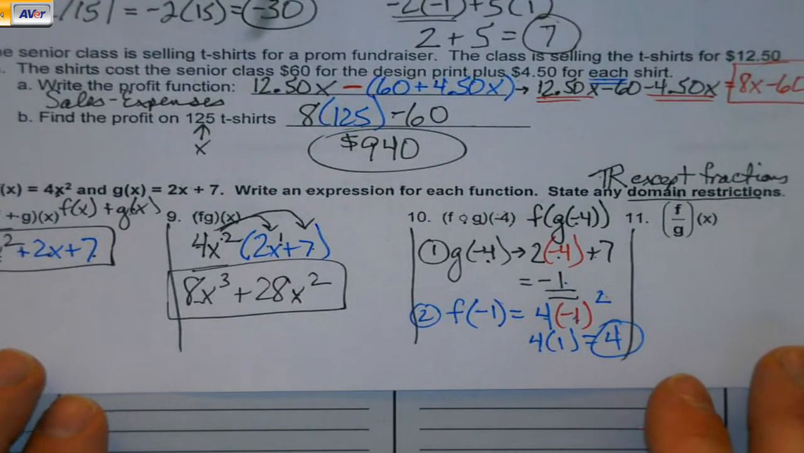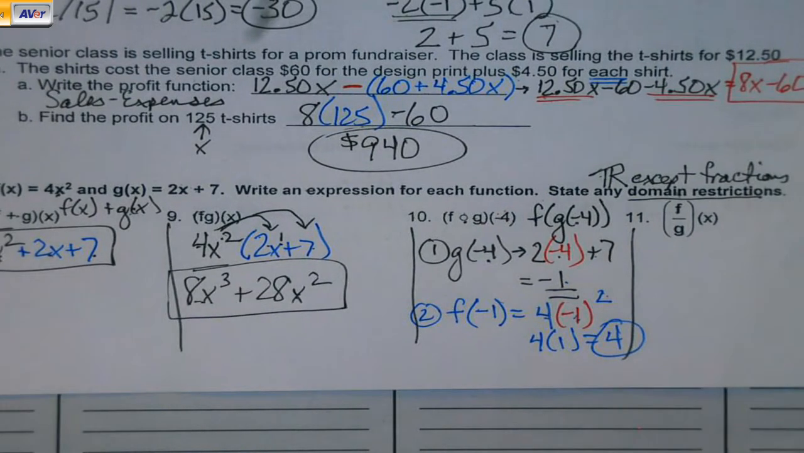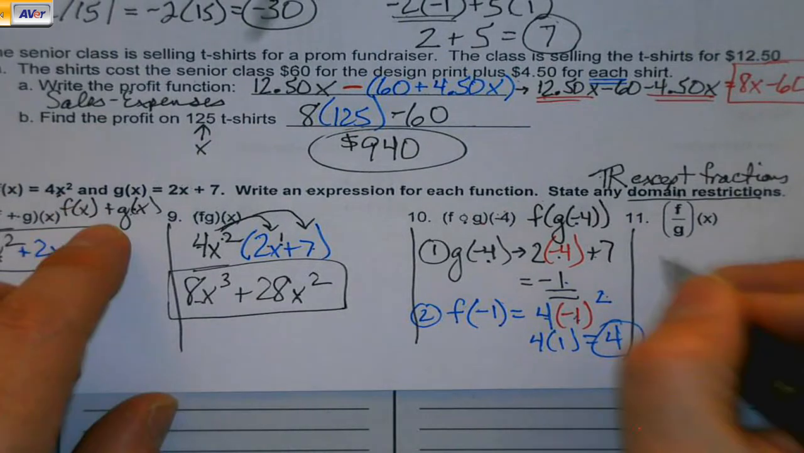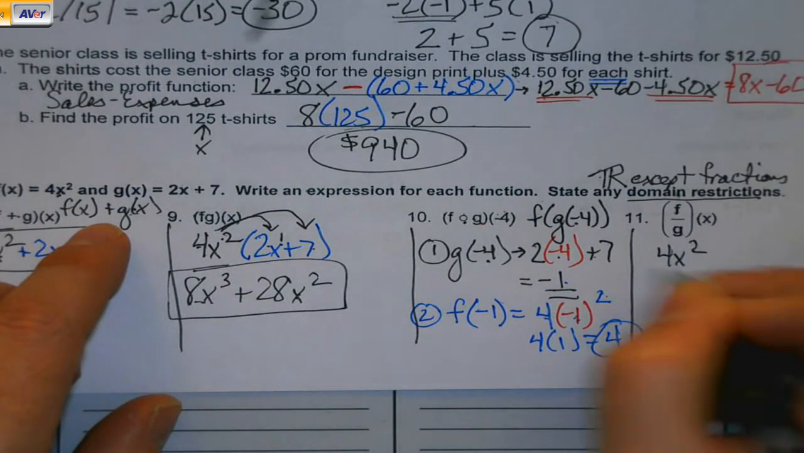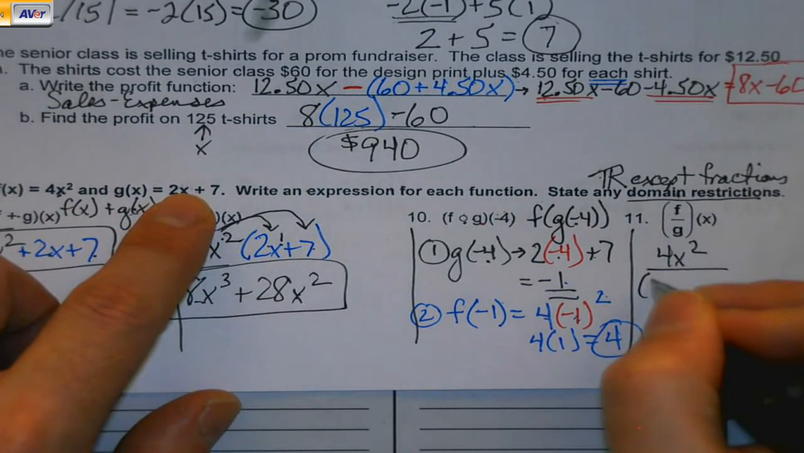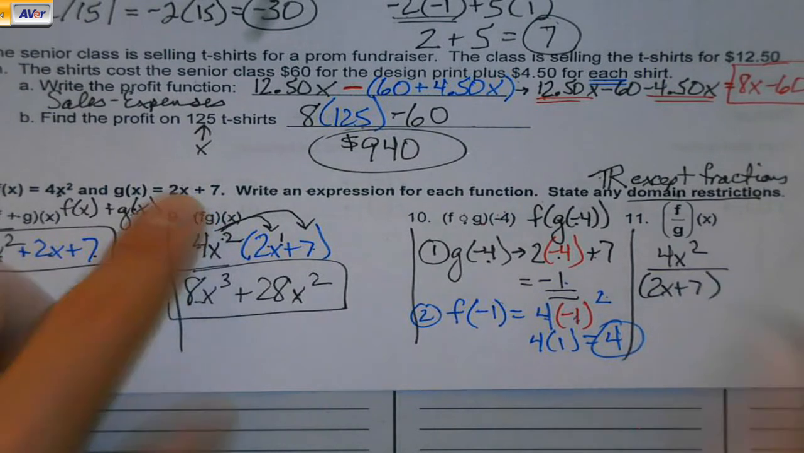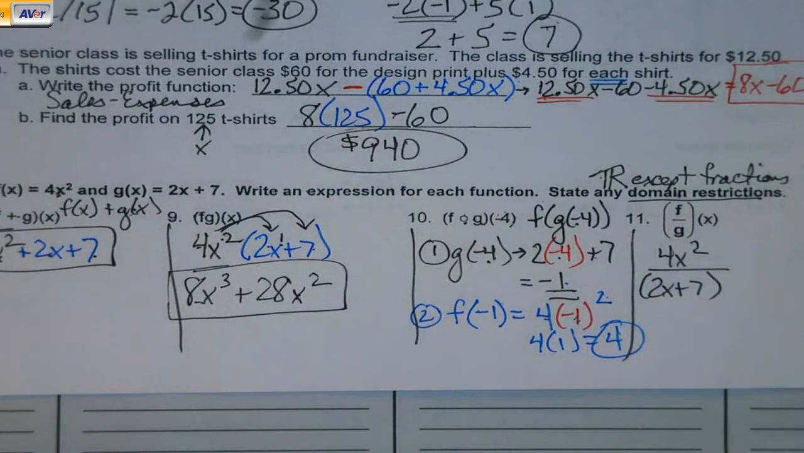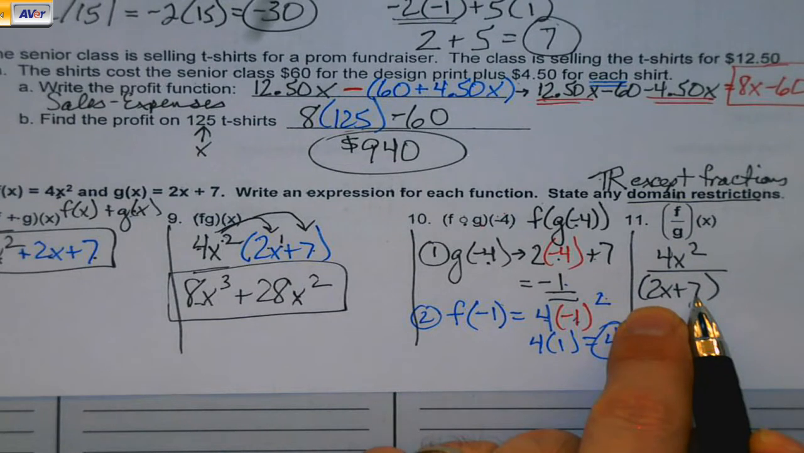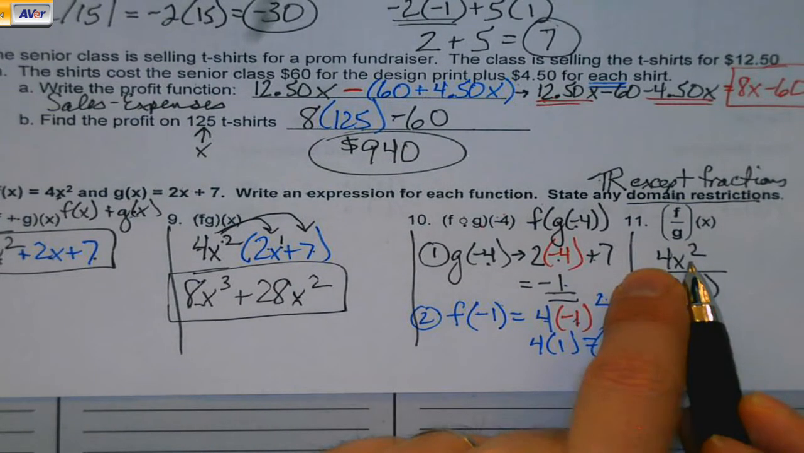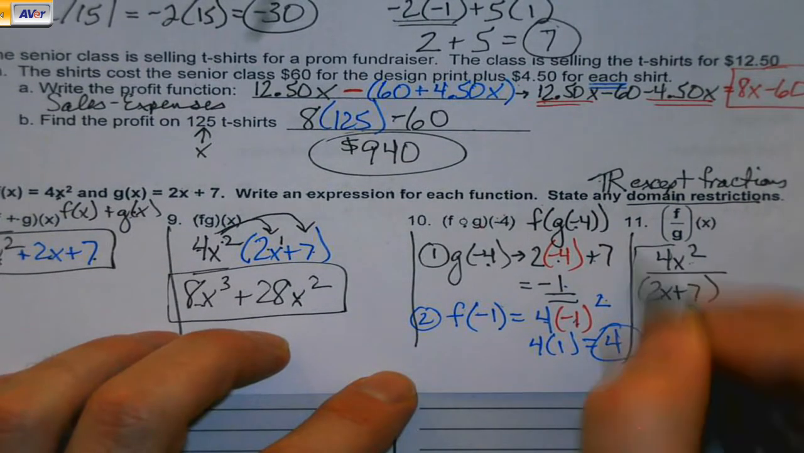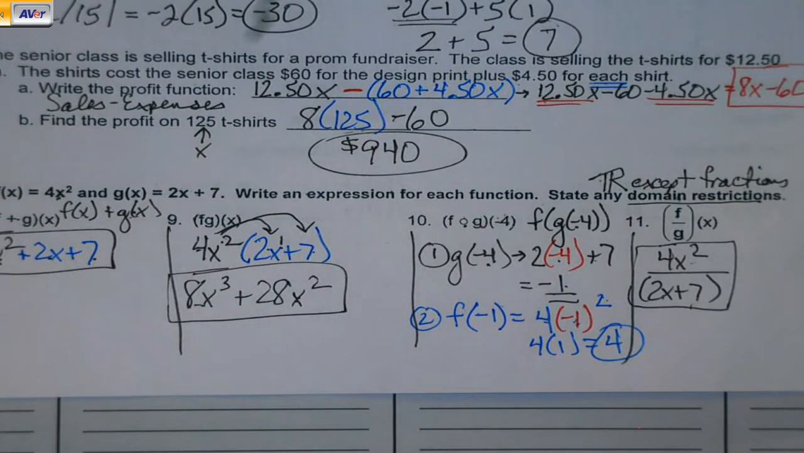And then finally, we're dividing f of x and g of x. So f of x, x squared, over g of x, 2x plus 7. Do not cancel. The only way I could cancel 2x plus 7 is if I have the identical thing up here, and I don't. So that one's done,